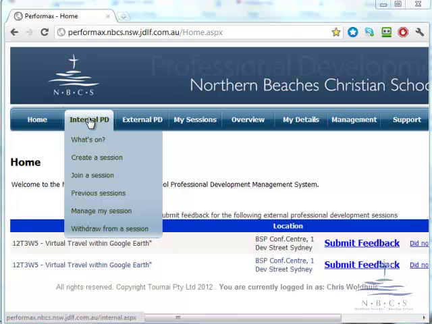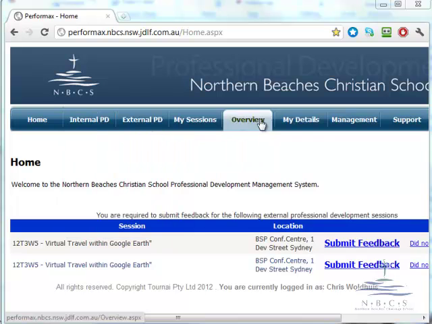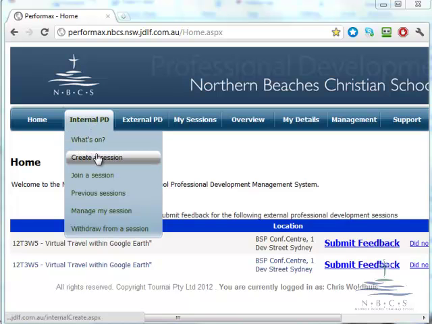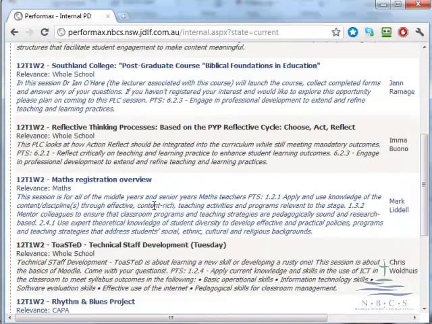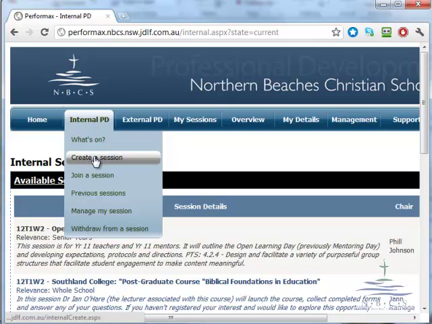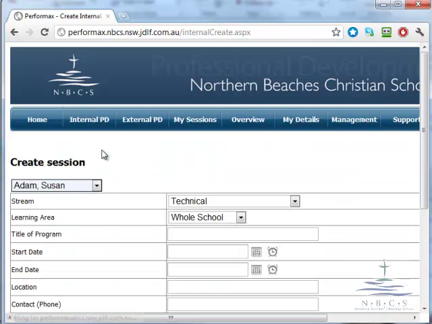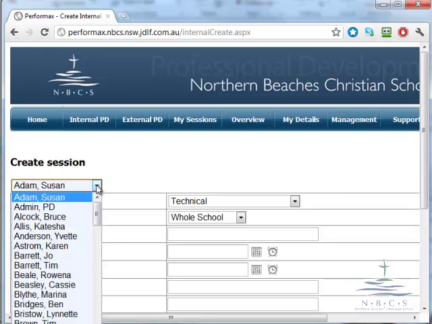I would apply. Now, typically, if I wanted to apply for a PLC, I would either have already spoken to myself, or you would have already spoken to myself about the session, the kinds of things you want to achieve. But otherwise, we can either look at what's on and see the things coming up, or we can actually create a session. When I create a session, you wouldn't normally get this choice, but